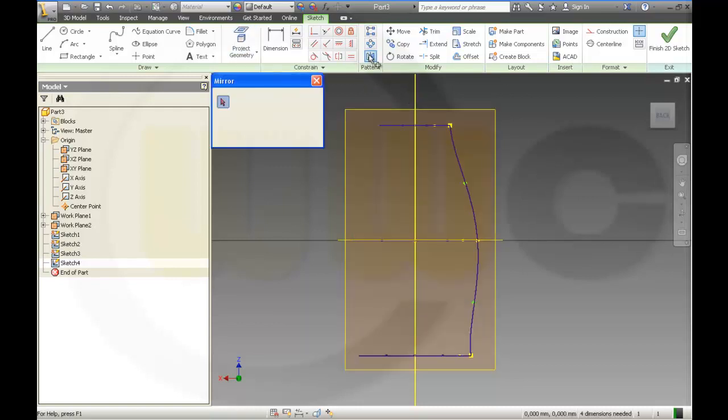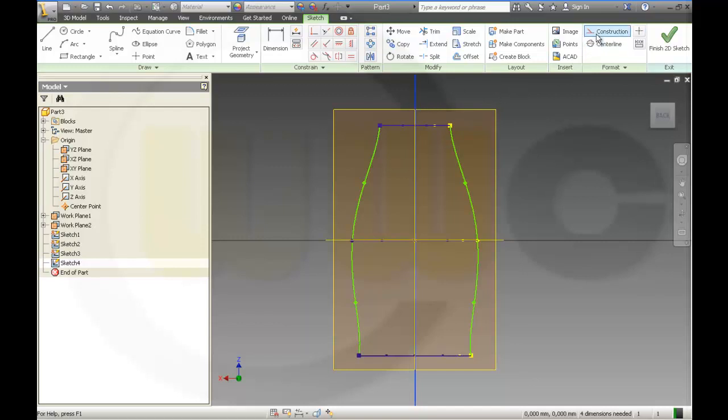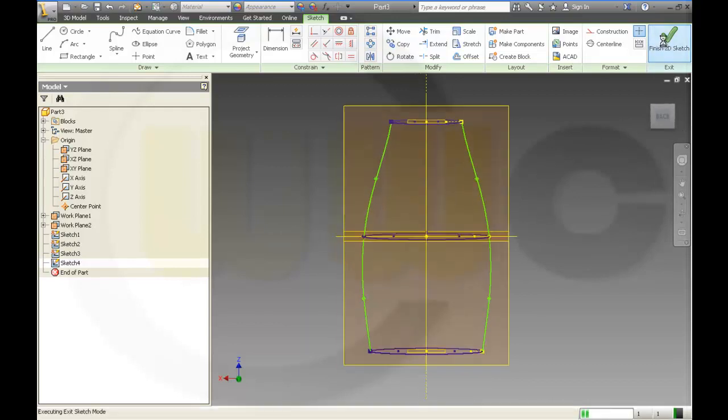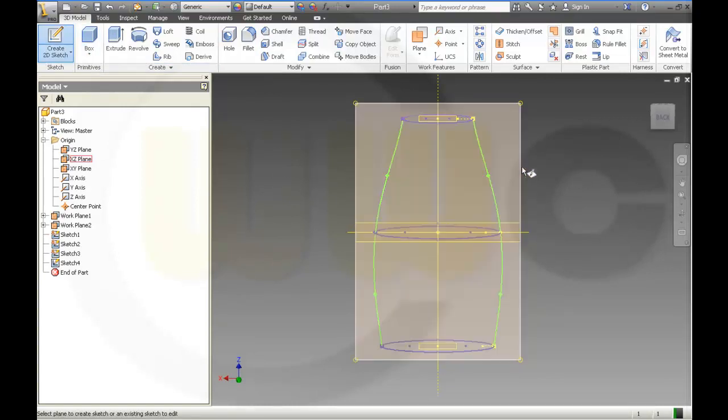And I will mirror this spline along that line and apply and done. Okay. And maybe I make this one construction line. Yes. So let's move this a little bit. Okay. That's more like it. Okay. So finish this one. Then I need another sketch again on this,